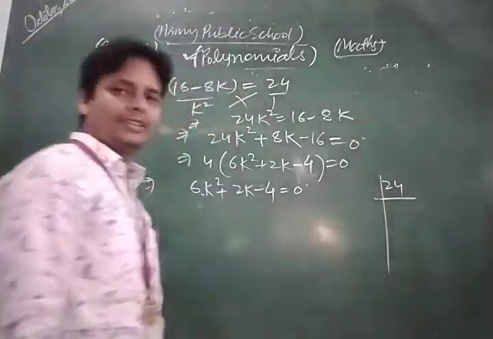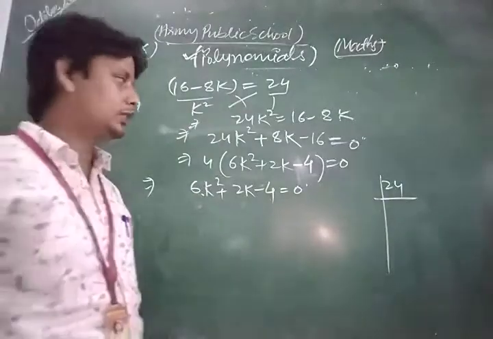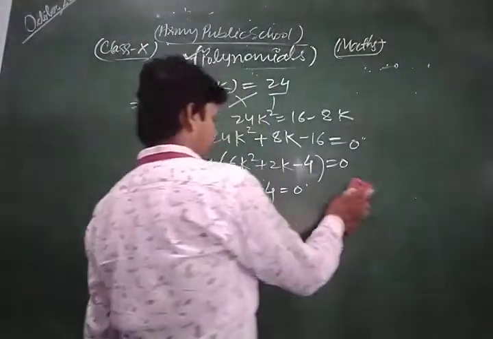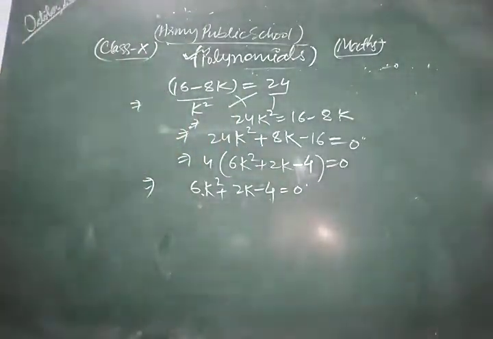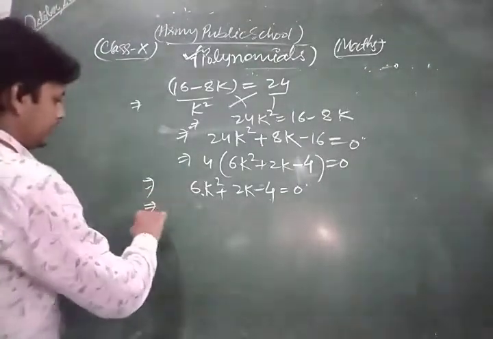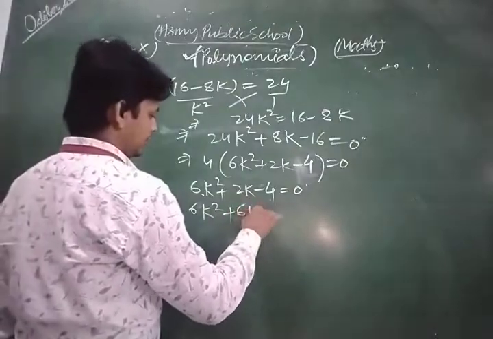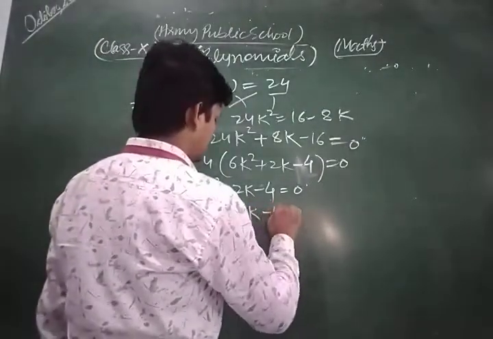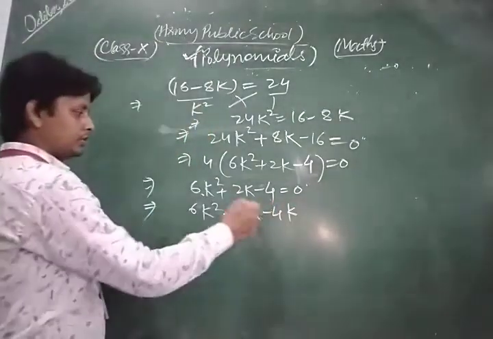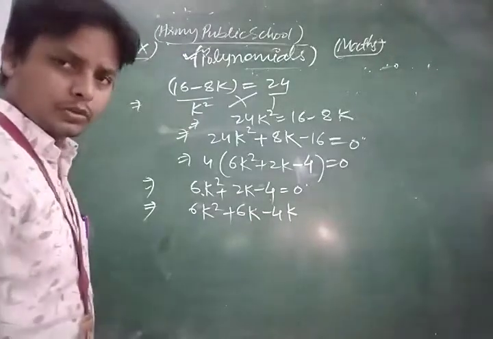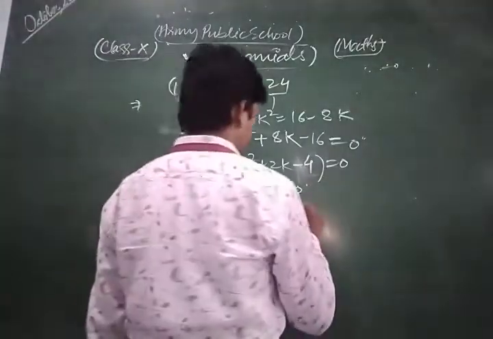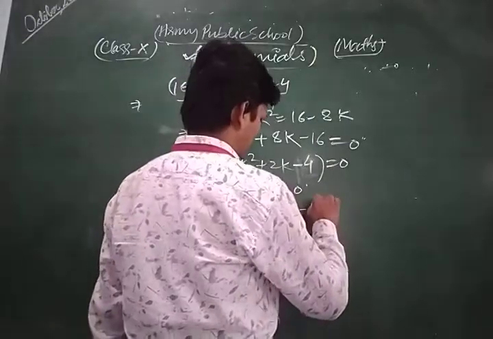Now we take two factors as 6 and 4. 6 × 4 = 24, and 6 − 4 = 2. So now we can write it as 6k² + 6k − 4k, because 6k − 4k gives +2k. Now 2k is left here, minus 4